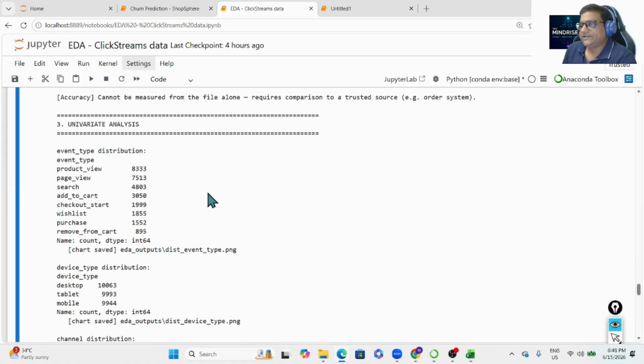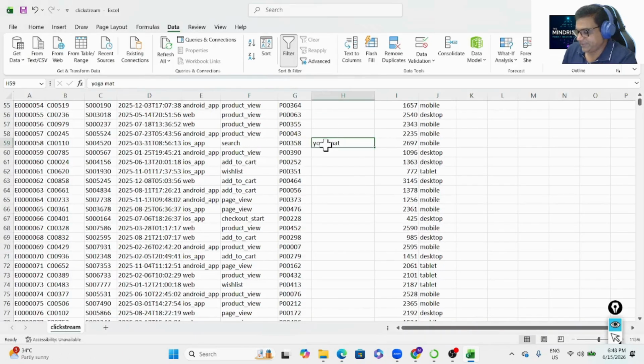Now then the univariate analysis. So each and every event, like in the column, right, product view, etc. How many observations are there? Purchase 1552, remove from cart 895. So event type distribution means what? In the event type, if you look at this event type, there are